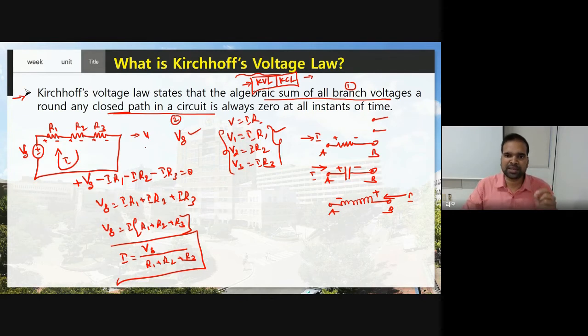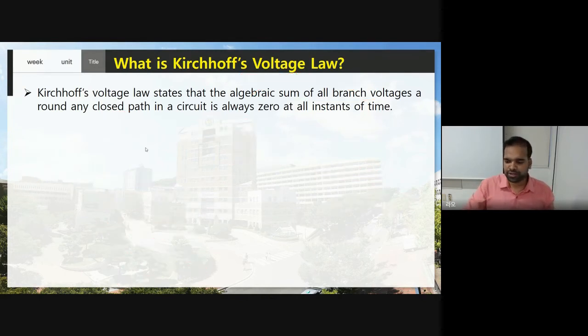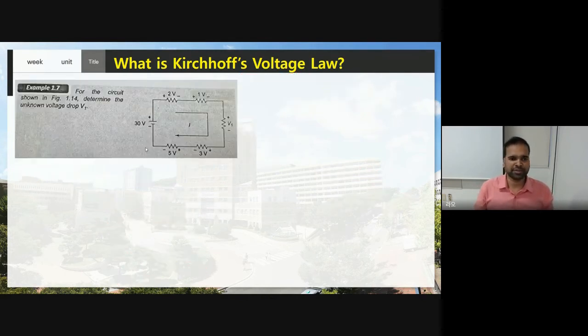See, I will explain some simple problems so that you will understand the concept of KVL. Now see here in this circuit, I need to find the voltage drop V1. First thing, can I apply KVL or not? How many branches do we have here? 1, 2, 3, 4, 5, 6. 6 branches. Anyway, the count is not important. There is a circuit and we have some branches, including the source. Either it is a voltage source or current source, you should consider it a branch.